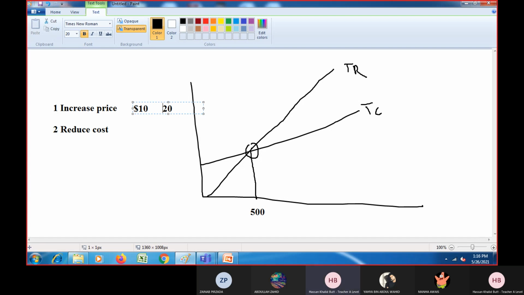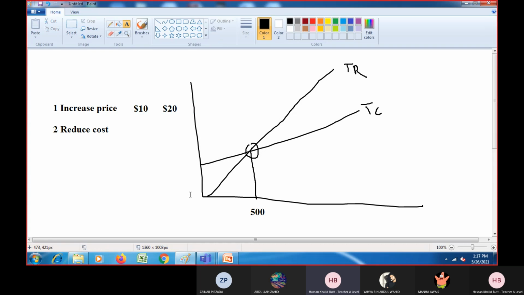Okay. So now what will happen, if you plot the total revenue curve, the slope will be different. Okay, because now the value is $20 rather than 10. So the total revenue curve slope will be steeper. It will be like this. Why? Because now you have to multiply output not with 10, but with $20. So every time you will get a higher value. Simple as that, right? So your total revenue curve slope will be